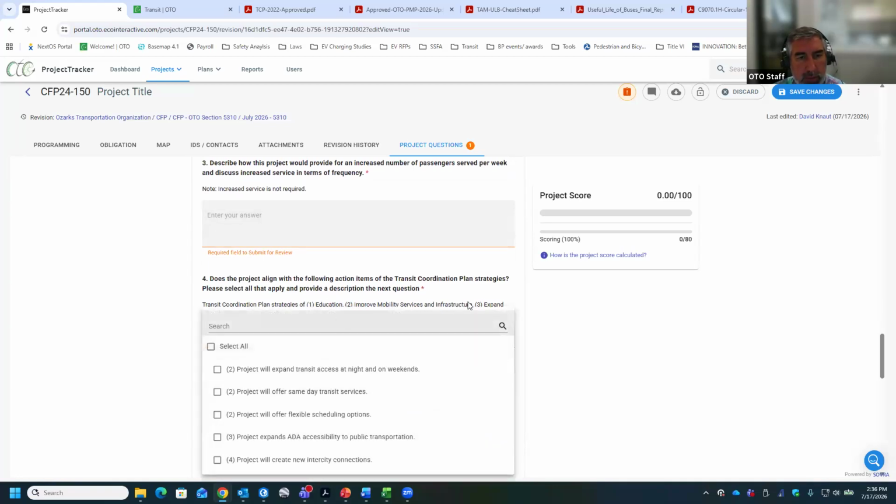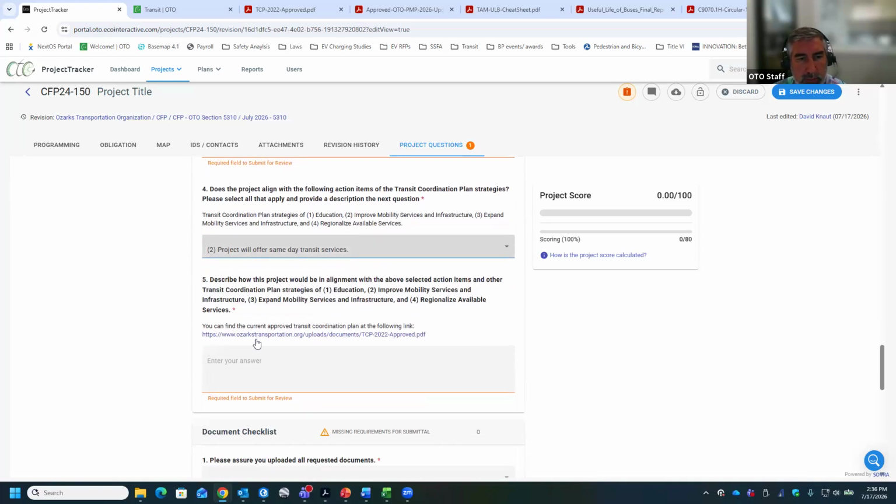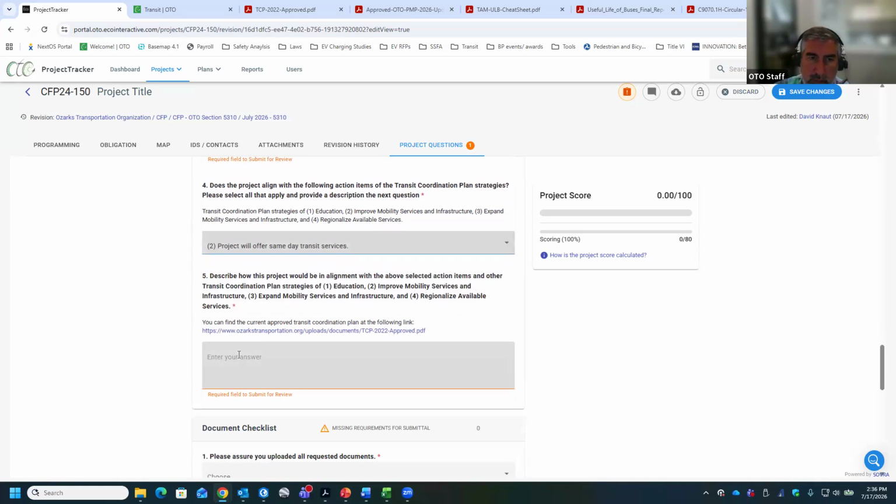And then it asks for the goals, and that's outlined in the scoring. So you can click on which strategies from the transit coordination plan you think your project meets. And then on the next question, you can describe how that is met.